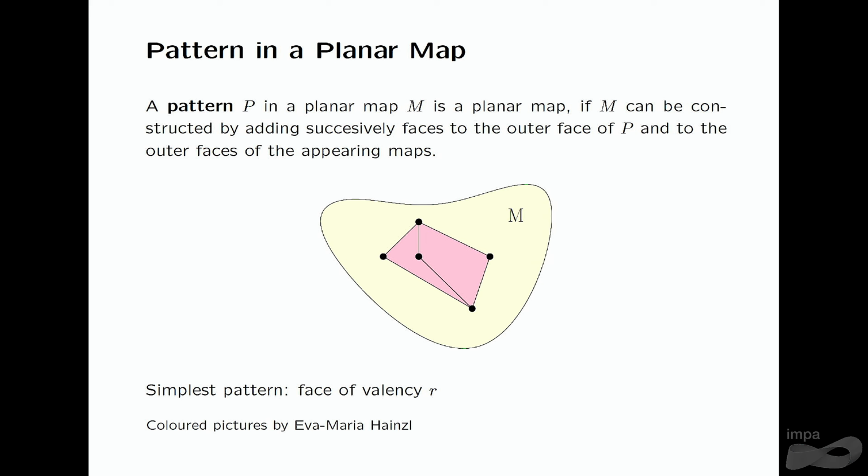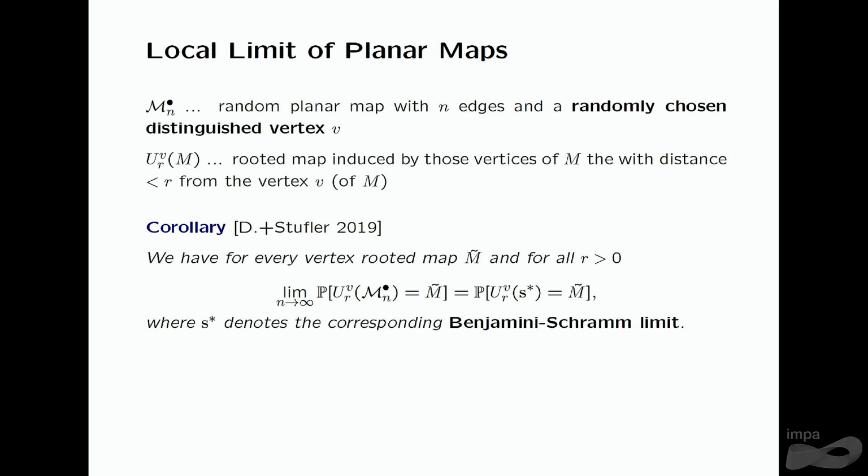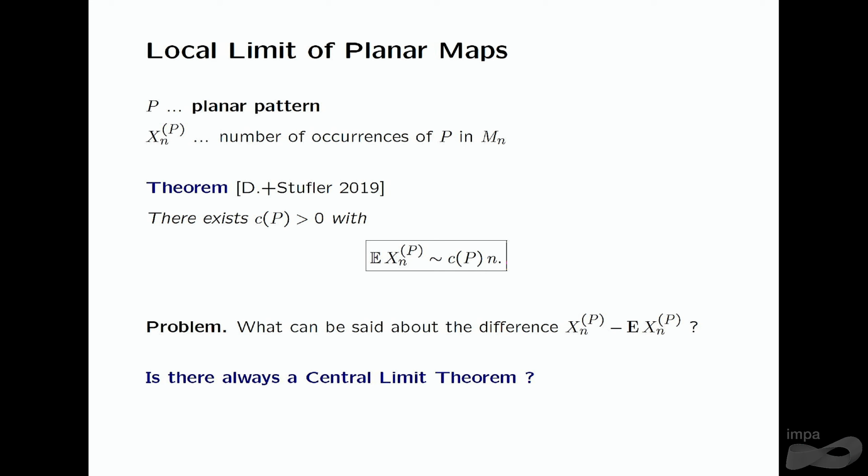Of course, this is a local structure, and if you dualize, then the face valency gets just the degree of the corresponding vertex. But for planar maps, it's more common to use faces and face valencies. And from this property, we directly get that the expected number of occurrences of any given pattern is asymptotically linear. And it turned out to be a quite difficult problem to prove a central limit theorem for these